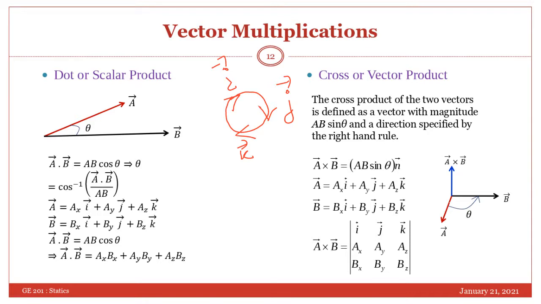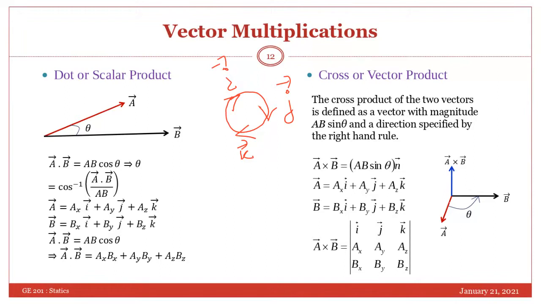But when you are in the opposite direction, for example, if you multiply J cross I, then you will get minus K, because you're not along the cycle, but opposite to the cycle. So J cross I will be minus K. K cross J will be minus I. And I cross K will be minus J. But I cross J will be K, K cross I will be J, J cross K will be I. So this is the cyclic rule. And multiplication of the same unit vectors will lead to the zero answer, because sine 0 is 0.